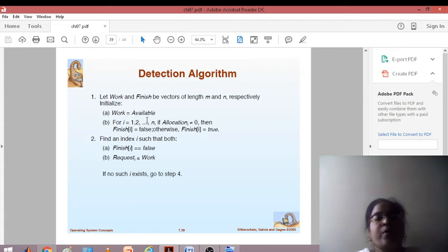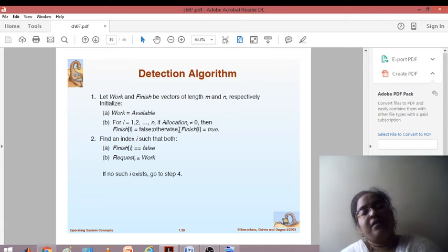For i equal to 1 to n, if allocation of i is not equal to 0, then finish of i is equal to false. That means if no resources are allocated to a particular process, it is not considered unfinished; otherwise finish of i will be true.